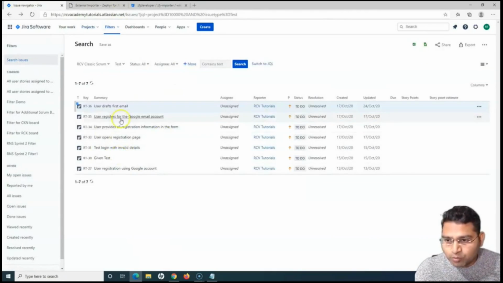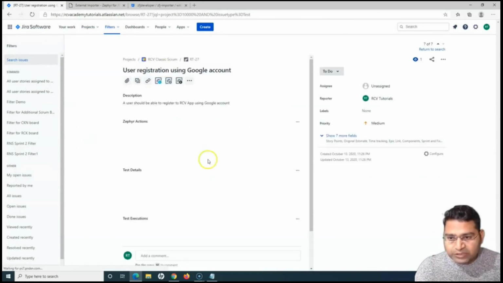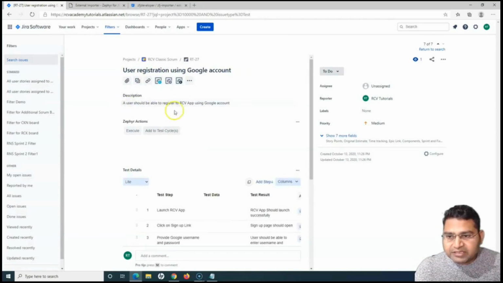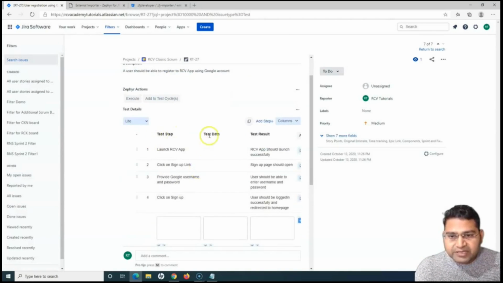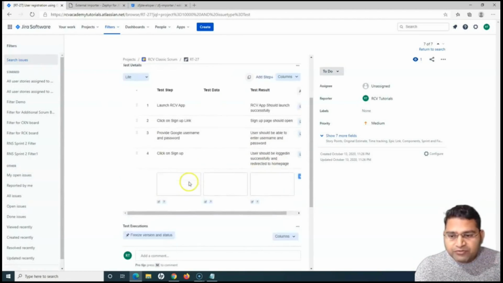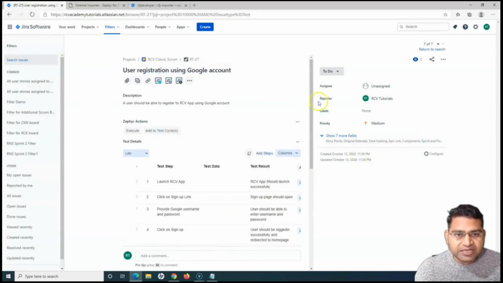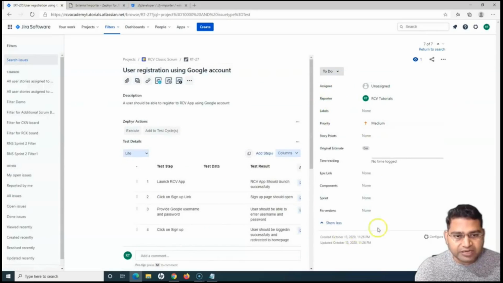a BDD test case. Let me open the normal test case, which has the steps, right? So in this case, this is the normal test case, and then this is the description, then I have the test step, test data, test result, and the sequence accordingly. Apart from this, I have other fields and options. So here I have assignee, reporter, and other fields that are available on this particular test case issue type, right? Now when you are preparing your Excel sheet, make sure that you try to correlate whatever fields are available here